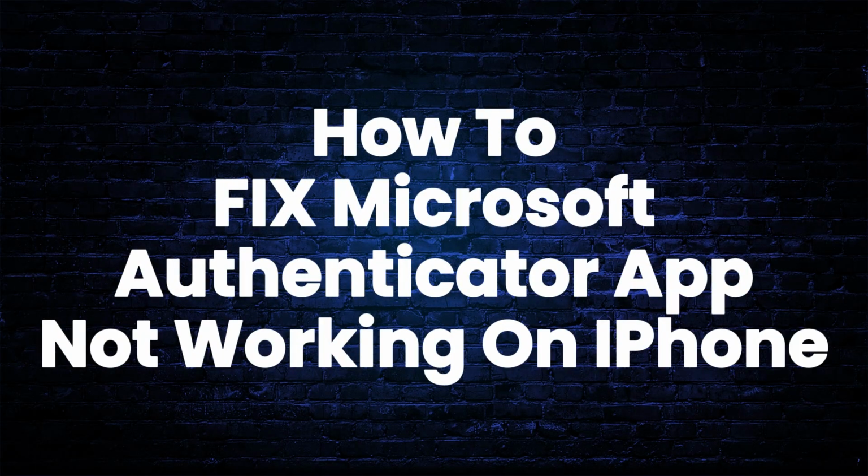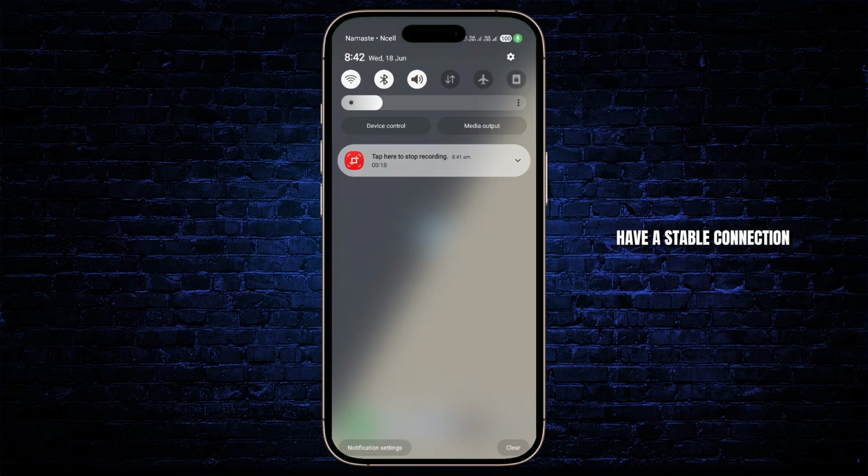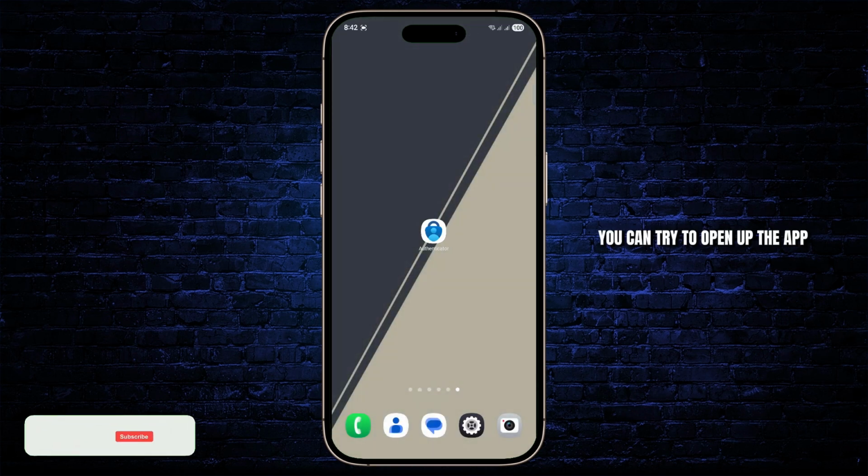How to fix Microsoft Authenticator app not working. In this tutorial, I'll show you guys a quick and easy way to fix if your Authenticator app is not working. The first thing you're going to have to do is make sure you have a stable internet connection. So once you make sure that you have a stable connection, you can try to open up the app and